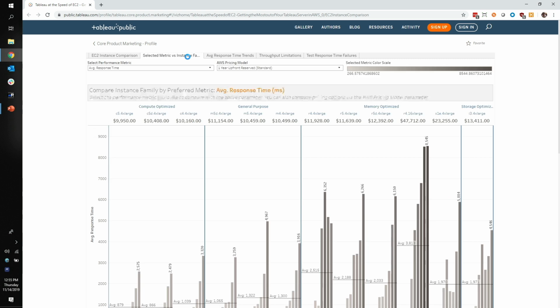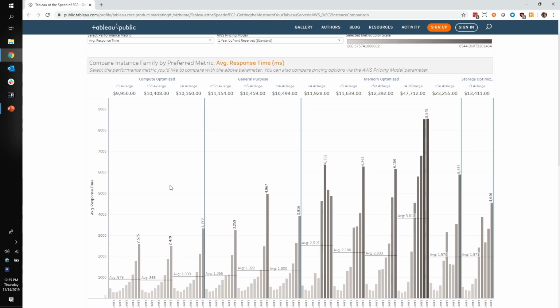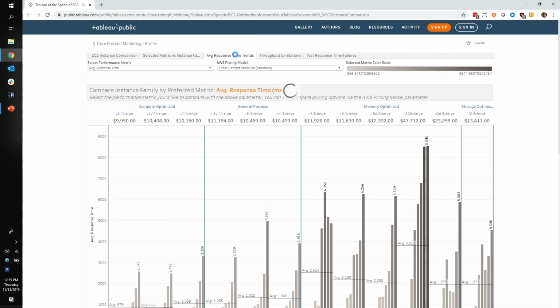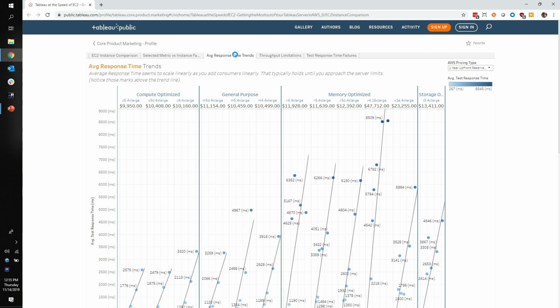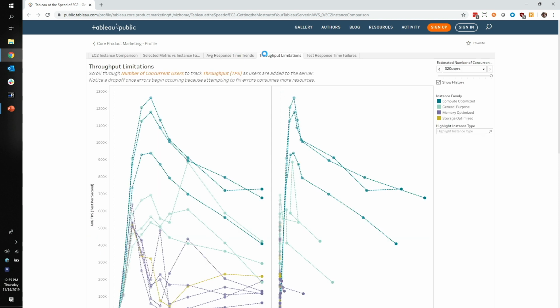There are a number of different tabs in this workbook that dive even deeper. I really like the scatterplot one at the start because it helps me get an overview of where I should start. But we do dive into distributions for response time, for example, trends for response time, throughput limitations, so when does our